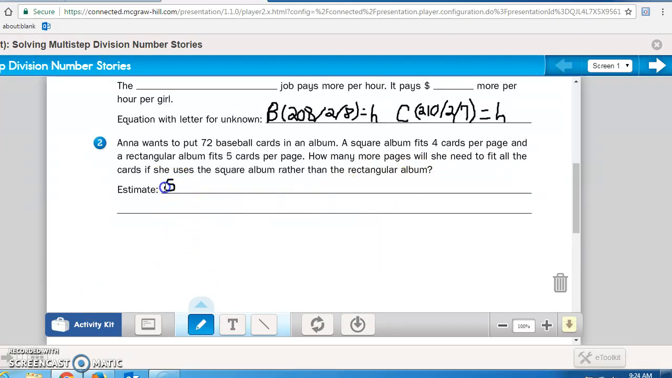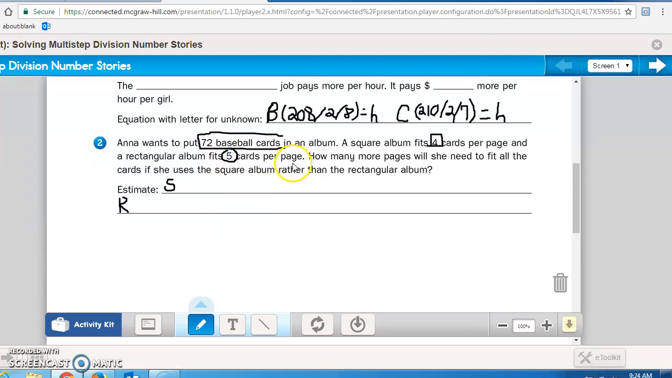First is for the square album, and then you have to look. You're going to need to use the 72 baseball cards that need to go in an album, and the square album fits 4 per page, so you'll be using 4 in this number sentence. The next one, for the rectangular, I would put an R for rectangular. You're still going to use 72 baseball cards, but this time you're going to do 5